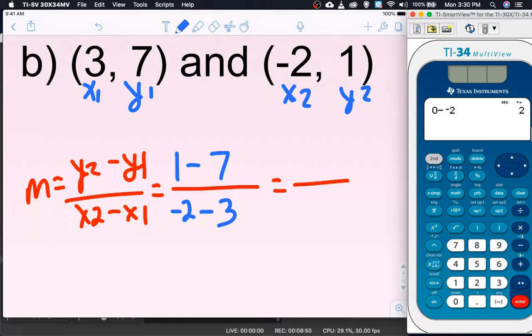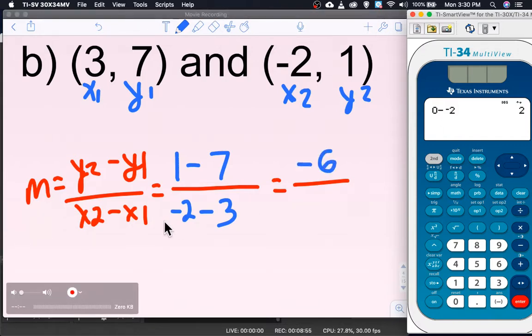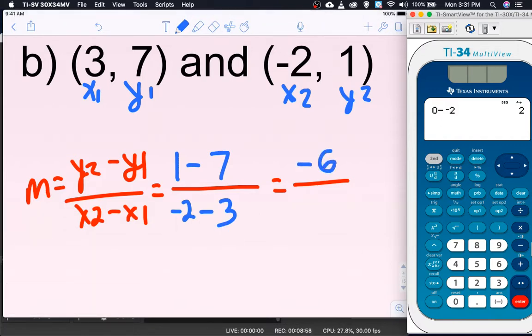And now, my math. Across the top, 1 minus 7 is -6. Across the bottom, -2 minus 3 is -5. If we try to type this in the calculator, fraction -6 over, down, I got -5. It gives us a mixed number. I don't really like the mixed number. Oopsie. I like the improper fraction, and we are going to want the improper fraction, which is just 6/5,